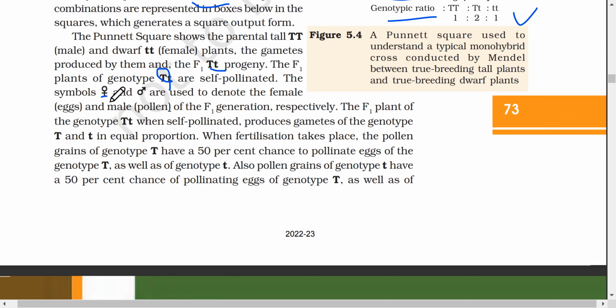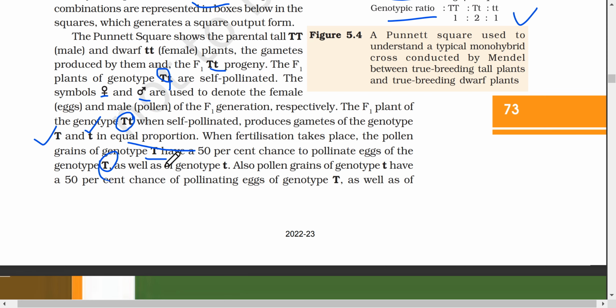The symbols ♀ and ♂ are used to denote the female and male respectively. The F1 plant of the genotype Tt when self-pollinated produces gametes of the genotype T and t. इसमें दोनों possibilities हैं, gametes के हैं ना, in equal proportion. When fertilization takes place, the pollen grains of genotype T have a 50% chance to pollinate eggs of the